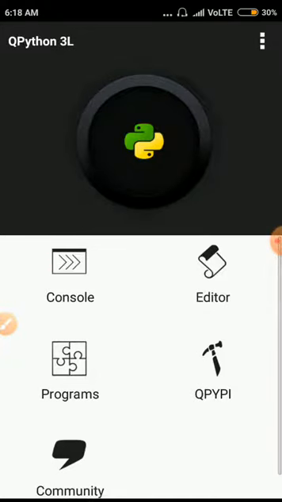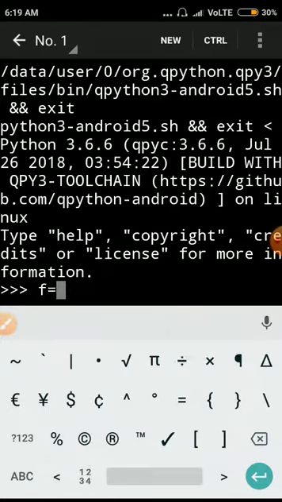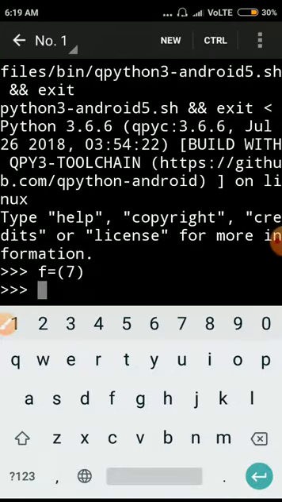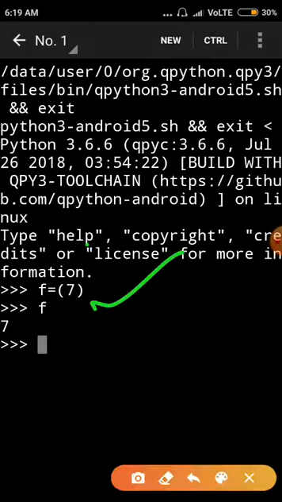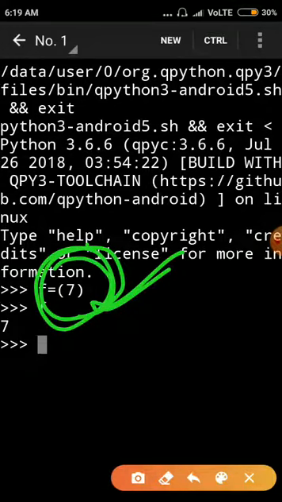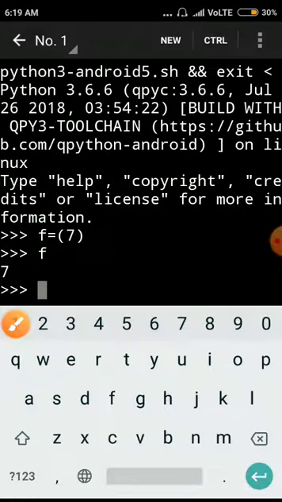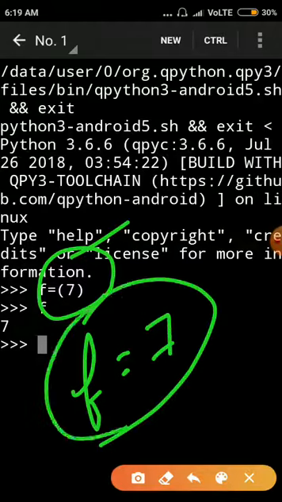in the Python console. Okay, let's type. Suppose my identifier is f, then inside the bracket I just take one element. Then f, so it will be a tuple type, not integer type. Whatever we write inside this curved bracket will be treated as a tuple type. In place of this bracket, if I just write 7 and a comma, it is also treated as a tuple type. But if we don't give any bracket or a comma, it will be treated as an integer type. It is an integer type.